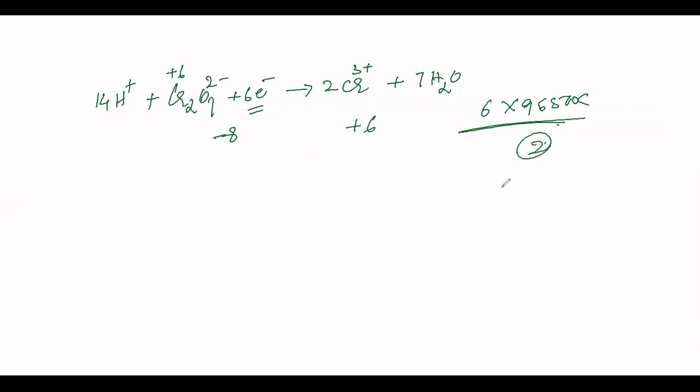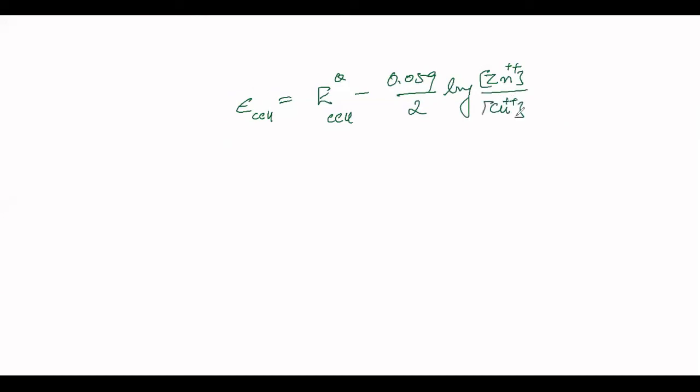This is also very, very important. If you want to answer that, you should know the Nernst equation. First, you write the Nernst equation for this cell, the zinc and copper Daniell cell. E cell is equal to E0 cell minus 0.059 divided by 2, because it is Zn2 plus and Cu2 plus, log of anode concentration, which is Zn2 plus concentration, divided by cathode concentration, Cu2 plus concentration.